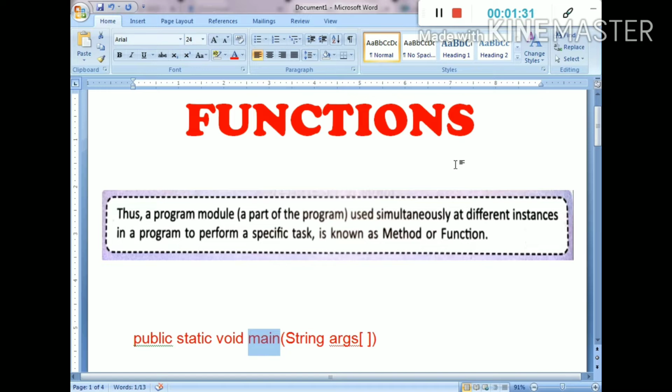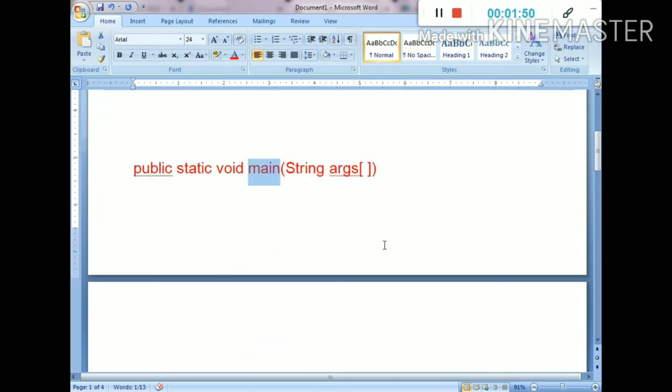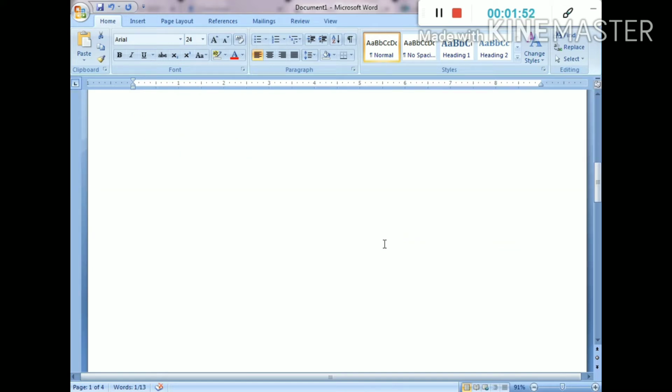Here main does everything, but with functions we separate different parts: one for accepting variables, one for calculation, one for printing values. I will explain later.